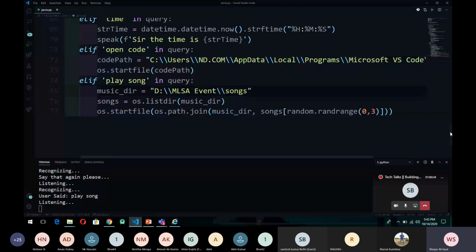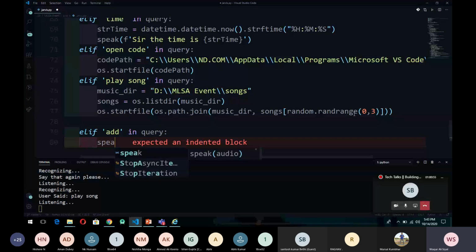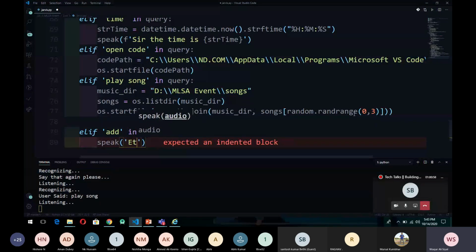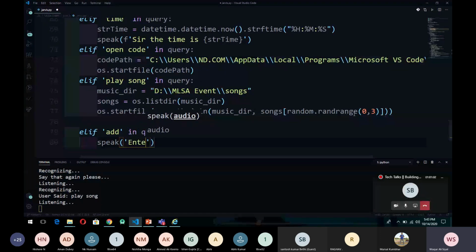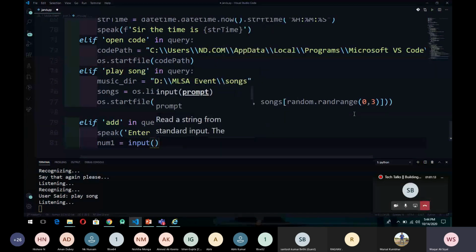So you can also play a song using an audio command. Now you can make a calculator by using these audio commands. So you can speak and add the numbers by taking input from the user.